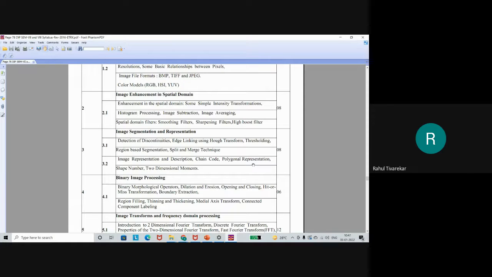Polygonal representation means, suppose I want to analyze a skull of a human being, then when I take a picture, there will be multiple things in the background of a person who is standing in front of that camera, maybe an X-ray camera or maybe any other kind of camera, MRI image also you can think of. So after taking an image, I will have